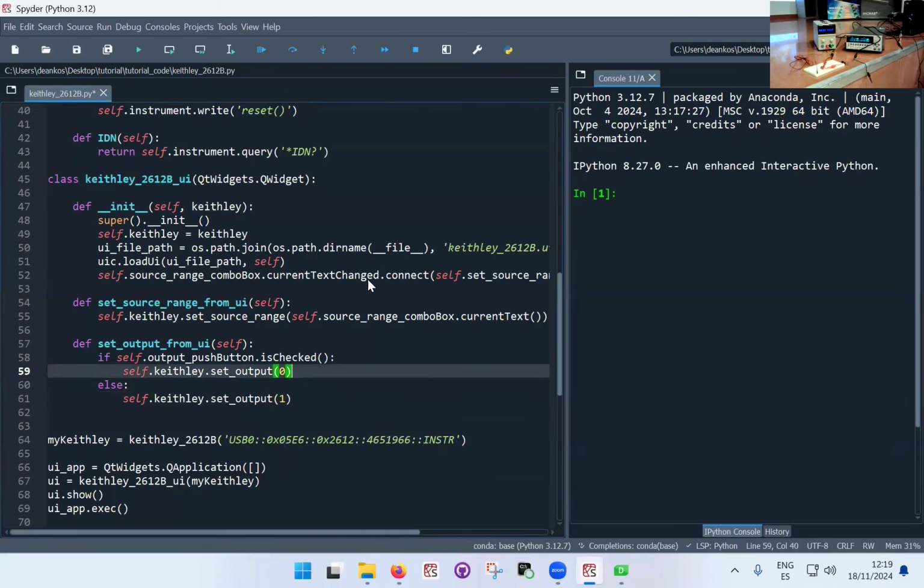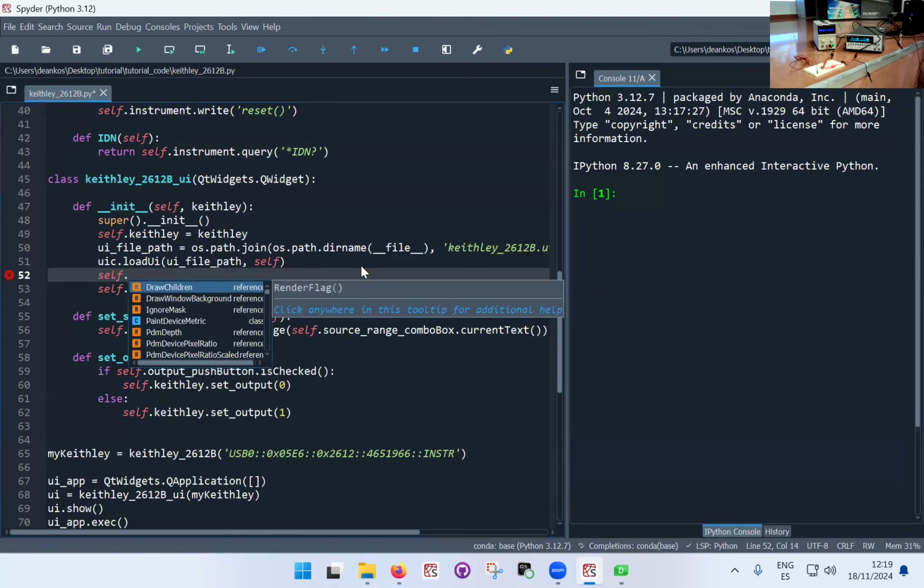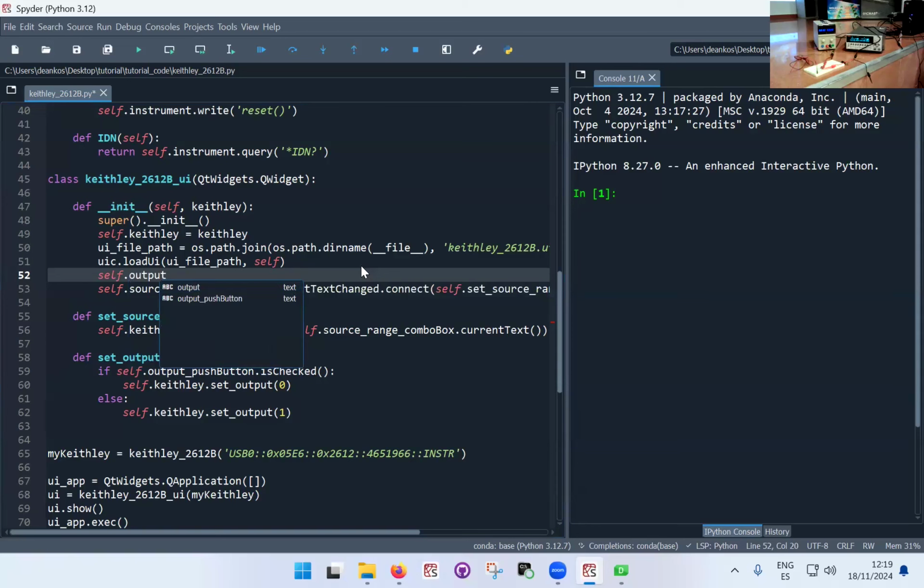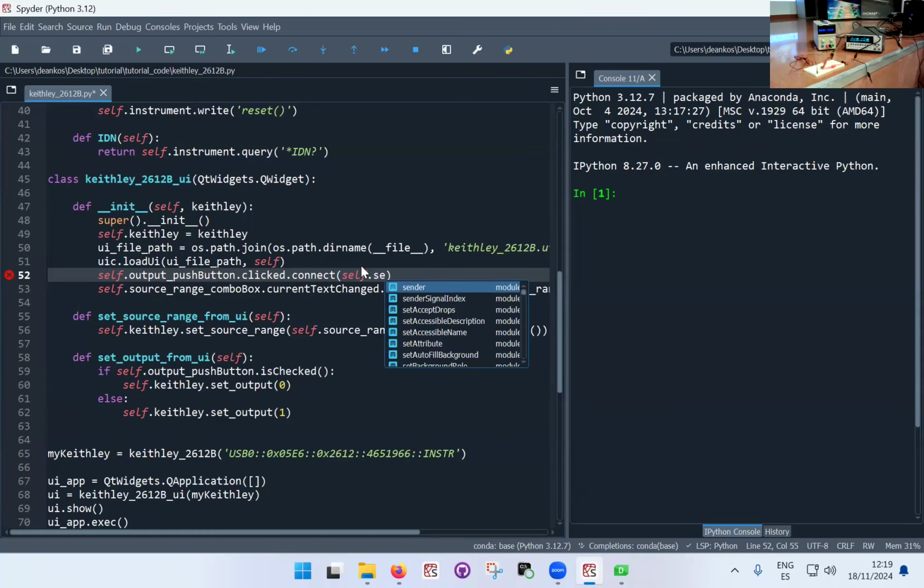Okay, and now same as before, we're going to put a connect function here, a connect statement, self.output push button, there it is, dot clicked. This is the keyword that you need to know. If the button is clicked, I want to connect to the set output function, self.set output